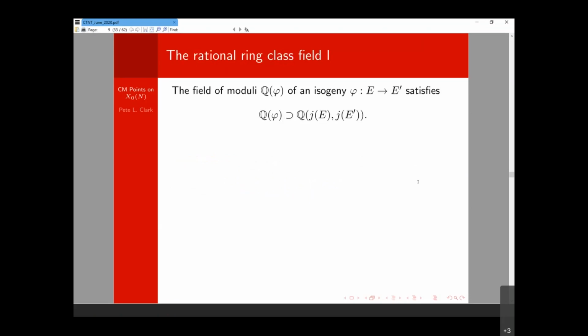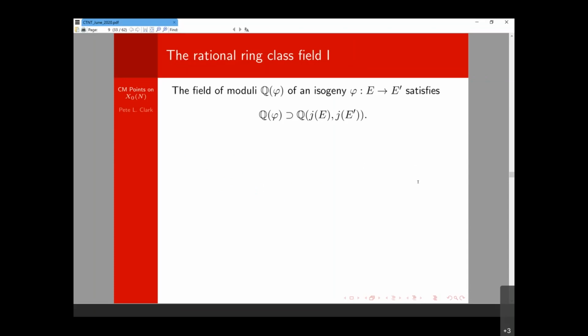So suppose I have an isogeny of elliptic curves, a priori over the complex numbers. So this isogeny has a field of moduli. For instance, suppose it's a cyclic n-isogeny, and so it induces a point on the modular curve X0(n), and so that point has a residue field, and so it has a field of moduli. And so in principle, what do we want to do? For every CM cyclic n-isogeny, I want to compute the field of moduli, and then I want to collate them.